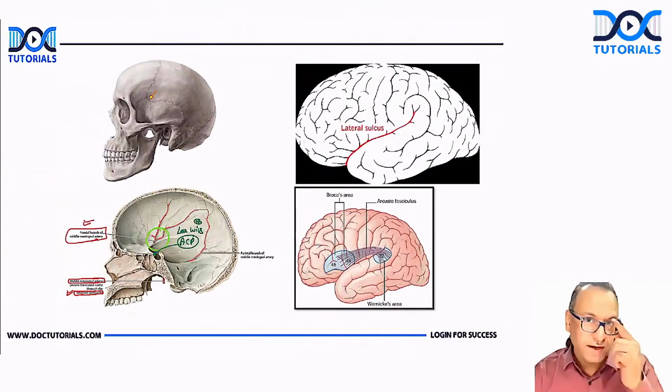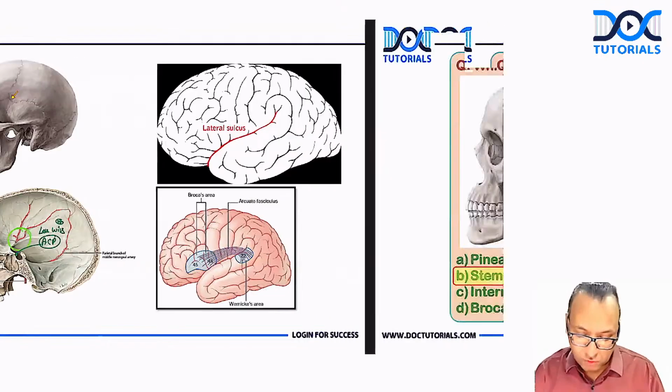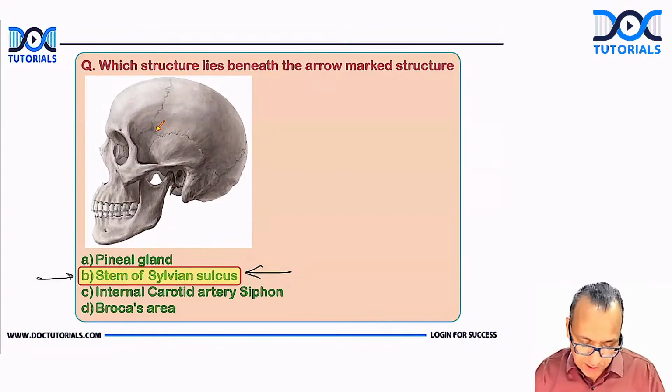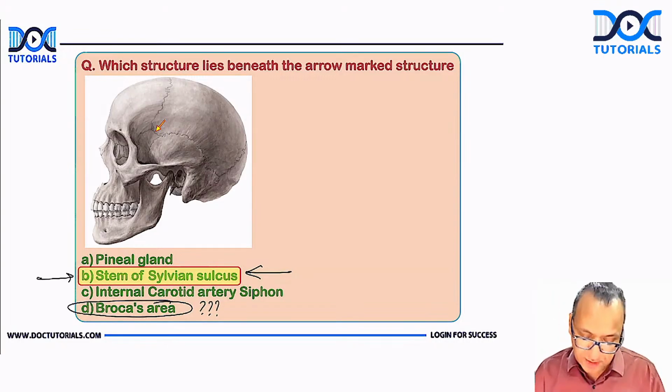So you have to be careful about what other options are given, because next time the examiner will play with the options. As such, you have given the answer perfectly fine. I have no issue. Broca's area may be nearby, but it is not exactly deep to the pterion. And the other thing you told, anterior division of middle meningeal artery, which you know,